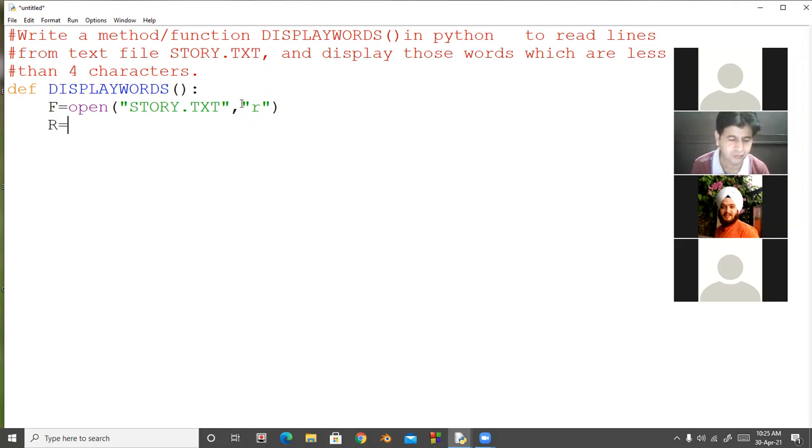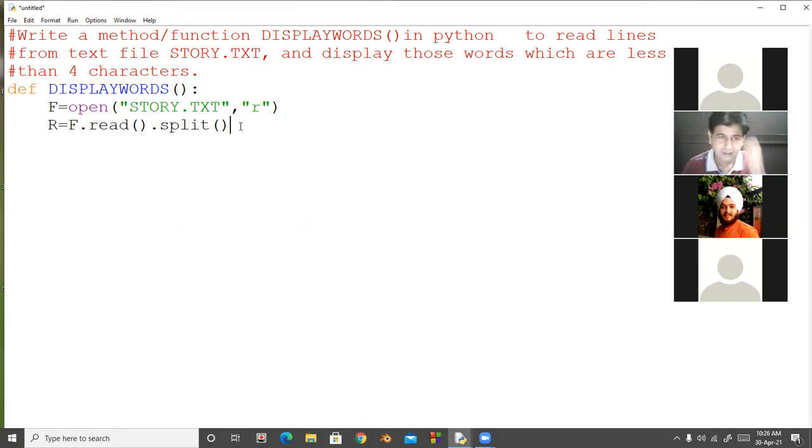R is equal to f dot read, and we can also use split here. So the complete file from top to bottom we will read, then we split that into different words, and these words will be saved in R. R will be the list, beta.